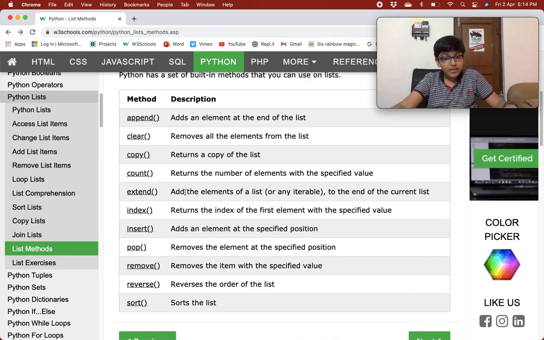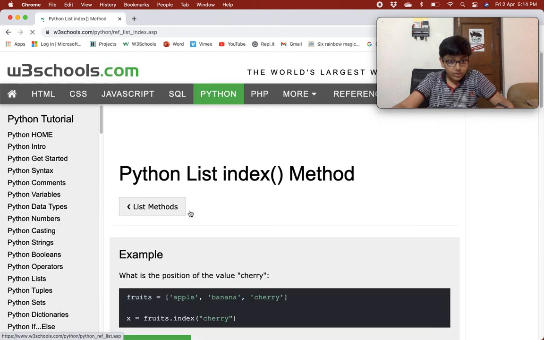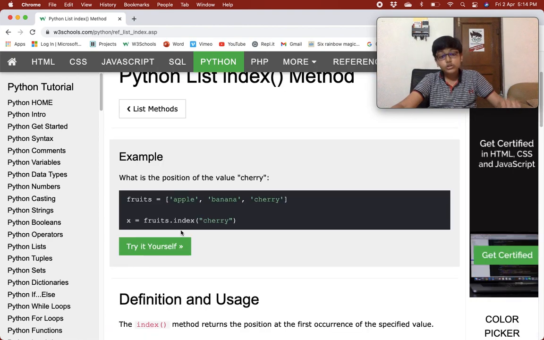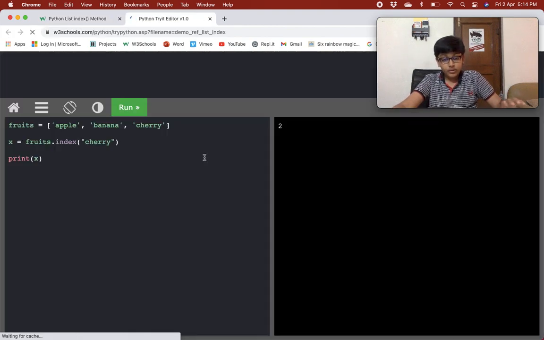Then we have an extend method. We all know that it adds the elements of a list or any iterable to the end of the current list. Then we have an index method. It returns the index of the first element with the specified value. So like here, x is equal to index cherry. It would return the index of the first occurrence of whatever you give.